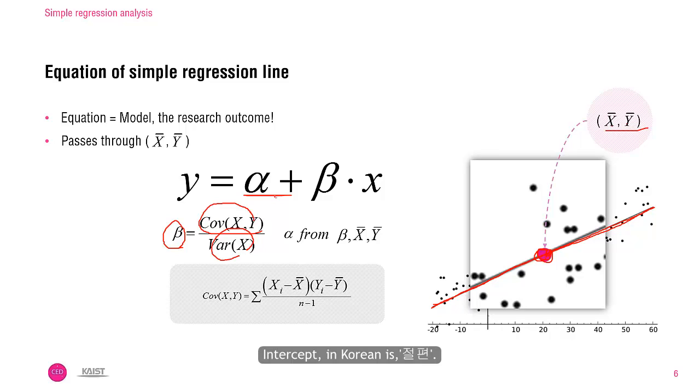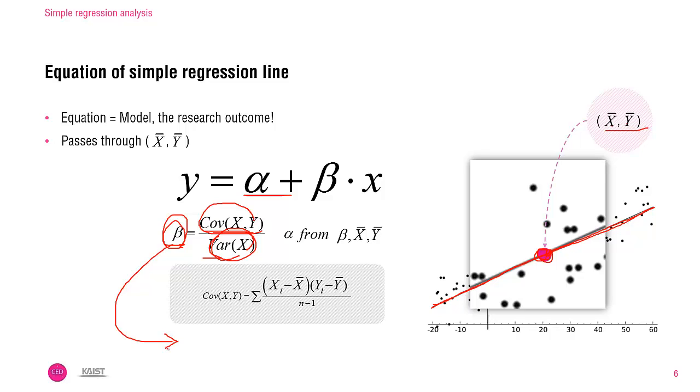In Korean, we call it 절편. By the way, this covariance reminds us of the R, and R is the coefficient of the Pearson correlation analysis. And the R is obtained by dividing the covariance by the standard deviation of x and the standard deviation of y. Because the variance is a square of standard deviation, the beta is also expressed as